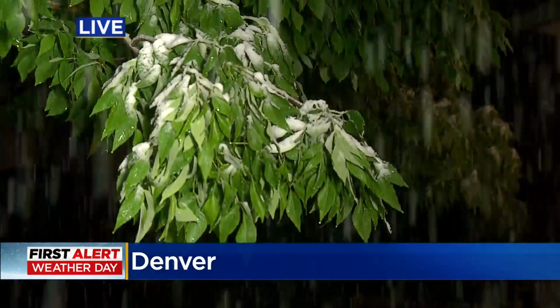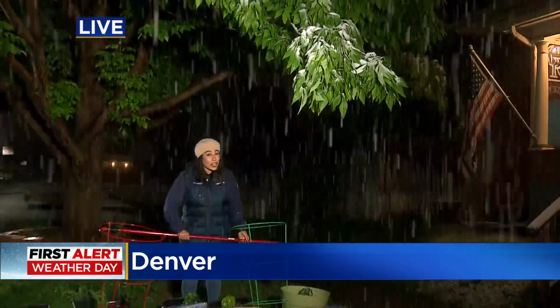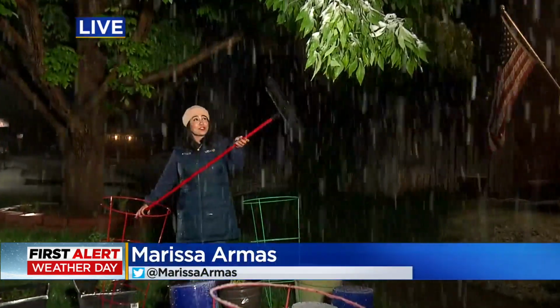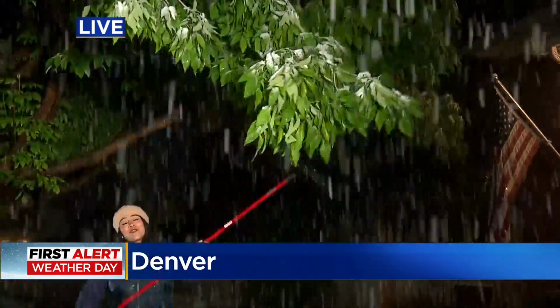Another big concern for residents are trees. Why? Because a lot of that snow is going to weigh down some of those branches. So if you get a moment tomorrow, step out and shake those off. If you're short like me or just those branches are a little too high, get in there, use a broom or a shovel to do that. And of course, make sure that you're